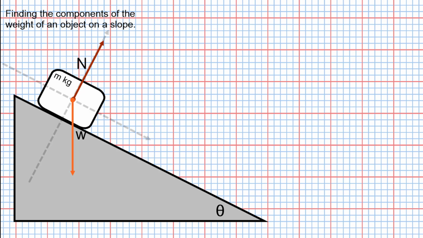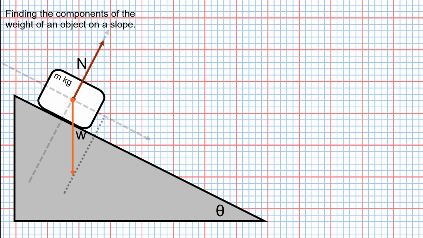Now, what we're interested in is to find the component of the weight which is going to be parallel to the slope. Remember, there's no friction force acting on the block, so therefore there's no backward forces acting on it. Now, to do that, we must set up a little rectangle around the weight vector. So if we do that,